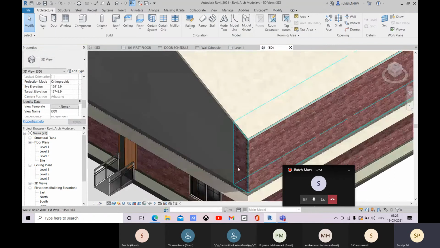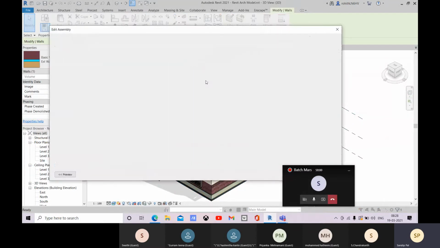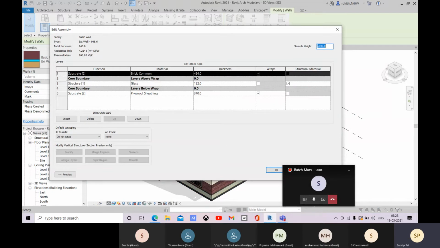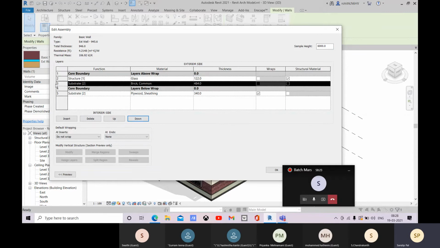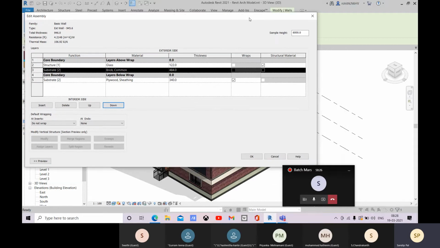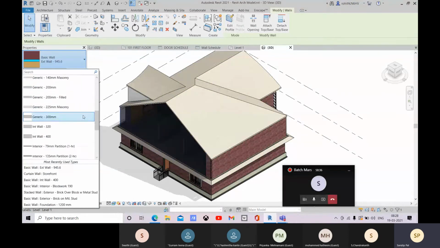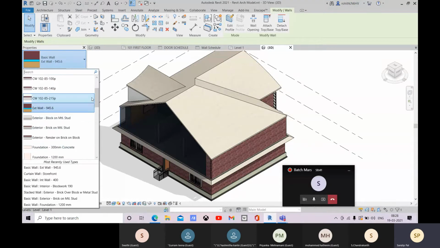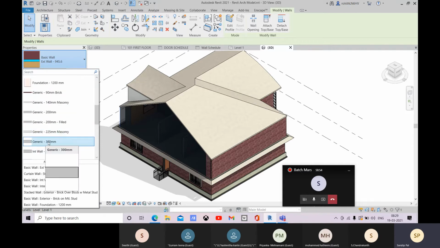Let me check this. Let me not change it here, or else let's create with this.